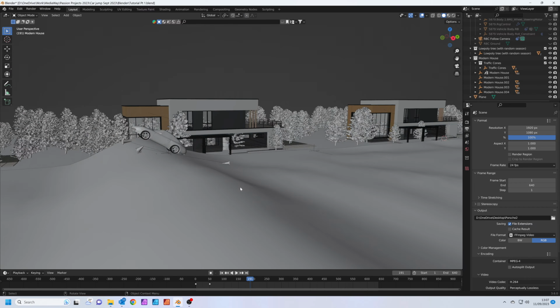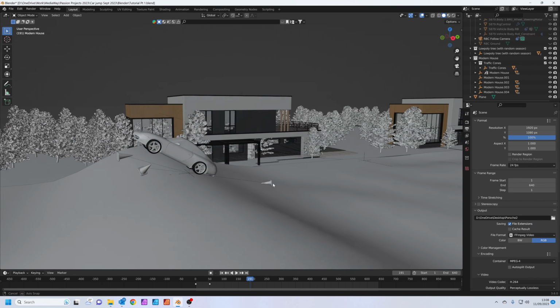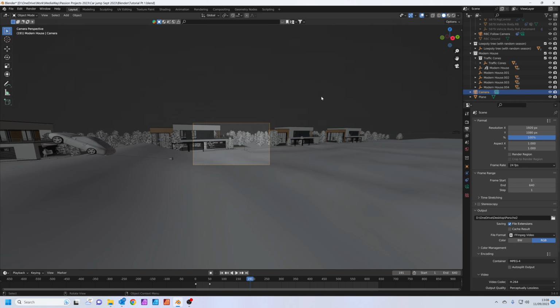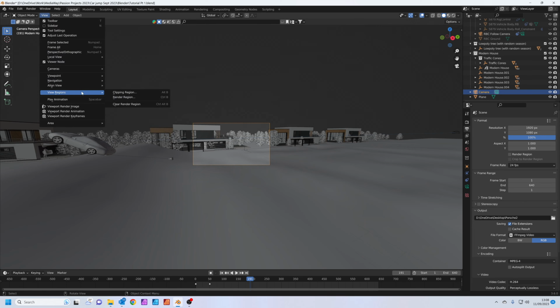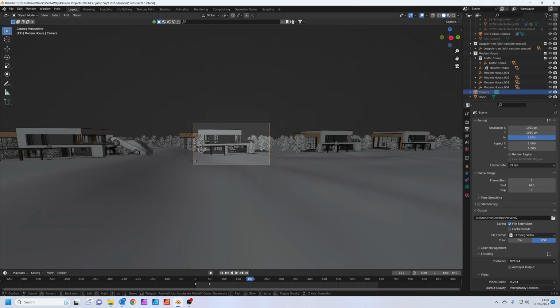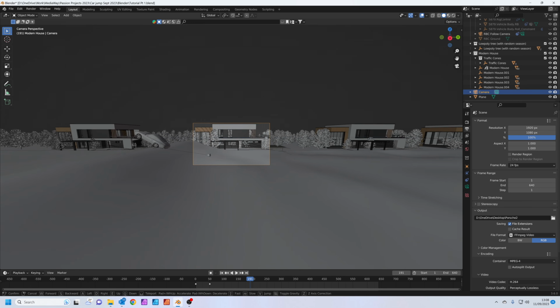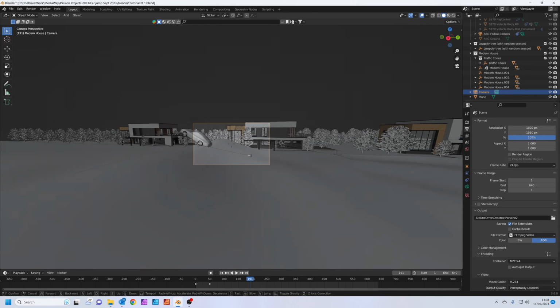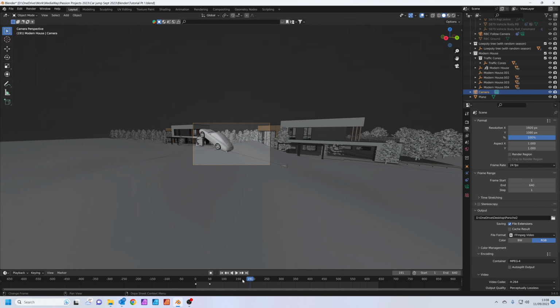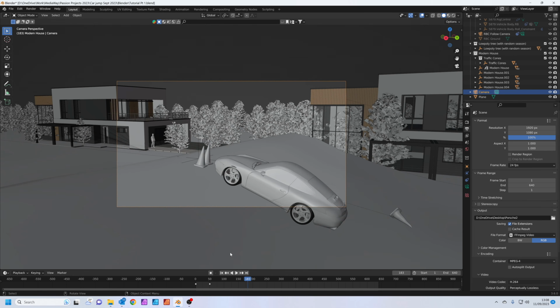That looks great. Now, if we just add in another camera, so Shift A, add in a camera, Control and 0 to make that camera active, view, navigation, walk navigation. Now you can use W, A, S and D to move the camera around. Let's just move the camera to about there, and we'll get some nice slow motion footage using a clever trick I'm going to teach you now.